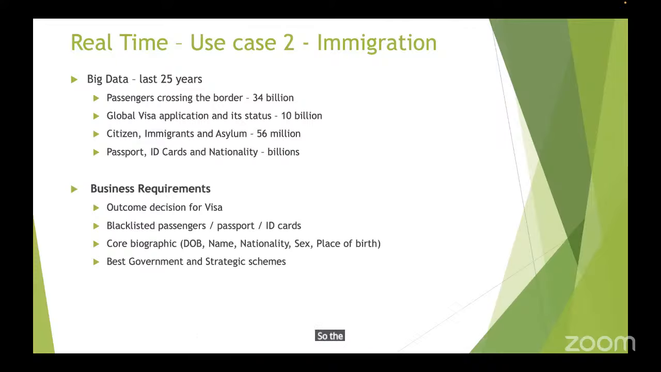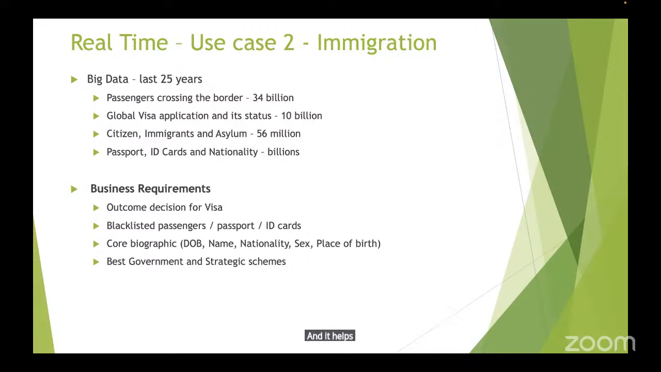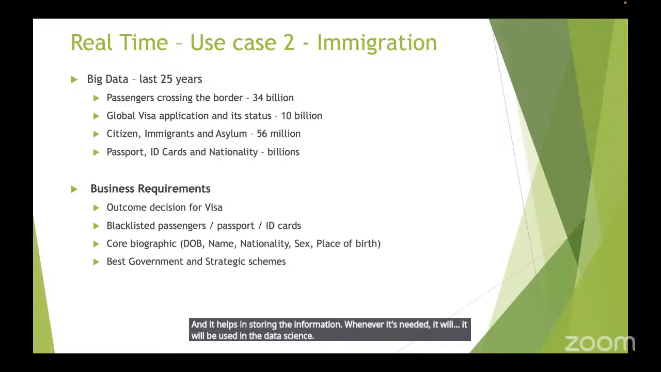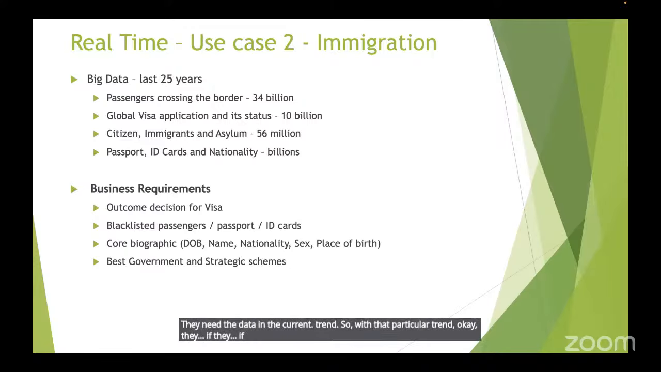So the core biographics is very important. As I explained, this holds the complete information of the user, and it helps in storing the information whenever it's needed. It will be used in data science for getting the latest information of the user. And when the government wants to launch any new schemes or any kind of new policy, they need the data on the current trend. So with that particular trend, if they announce any new schemes, for example,